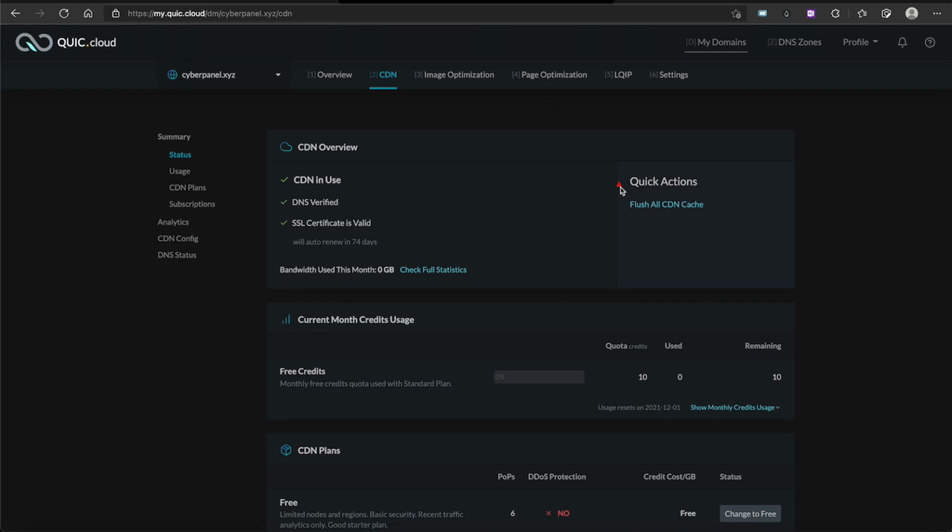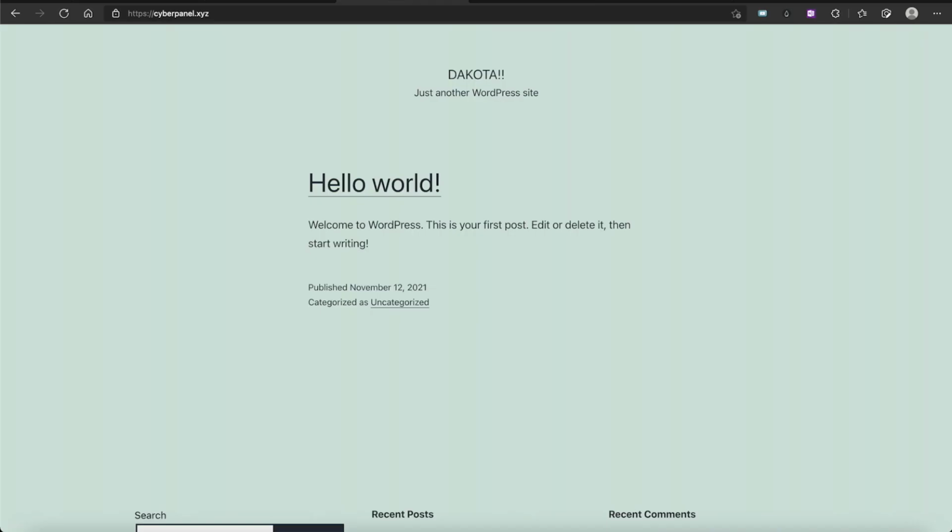Okay, y'all, now we see that we got our CDN in use, and it's been DNS verified, so we're going to stay with Cloudflare DNS because they got a very fast DNS resolver, and it's one of the best on the market. And of course, Quic.cloud auto issued our SSL through Let's Encrypt, and they will auto renew it within a certain time frame. So what we need to do is go back to whatever your website name was. In my case, it was